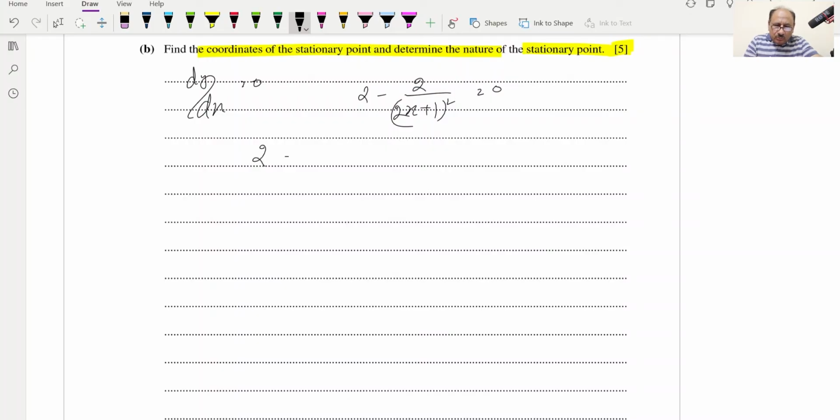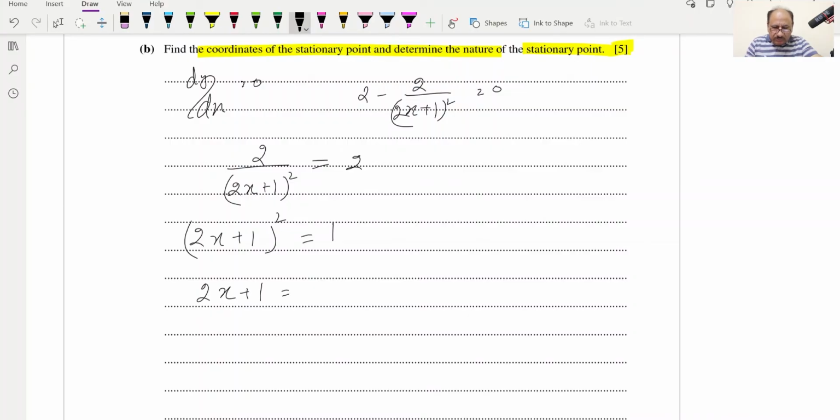So 2 over 2x plus 1 squared is equal to 2, and we can rewrite it as 2x plus 1 squared is equal to 1,